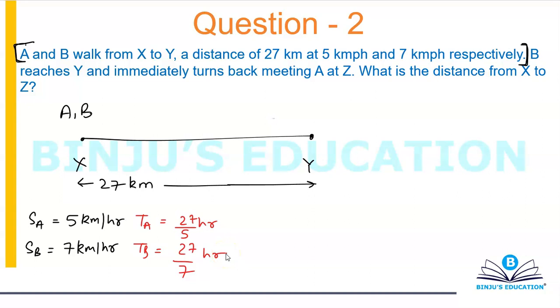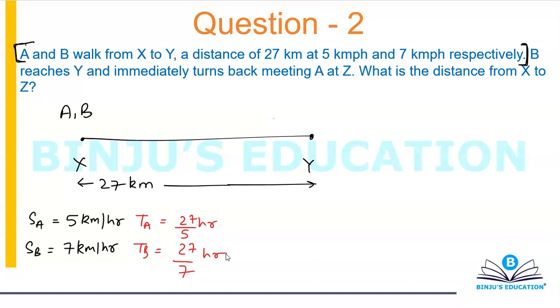Now let's move on, because this entire chapter revolves around only three things: speed, distance, and time. They're going to give you two of them or probably one of them, and they're going to ask you the remaining one or the remaining two. There is no other question that can be formed. So if something is given to you, always try to calculate the other thing. It's always going to help you out. Okay, now let's move on.